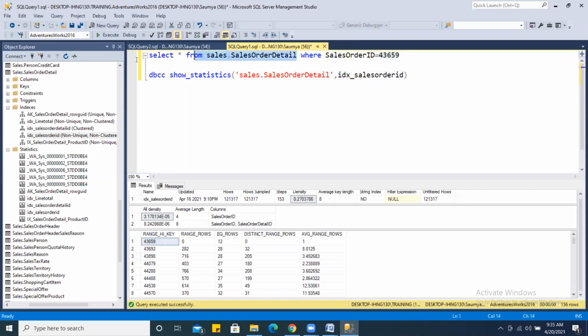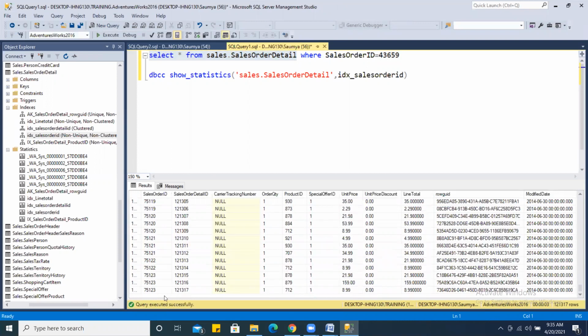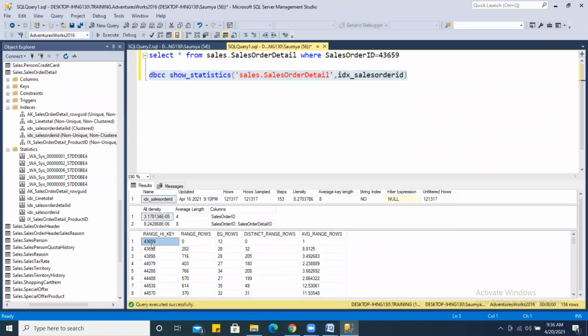If I execute this query to get the values, it starts from 43659, and if you go to the bottom, the highest value that you have is 75123. So my statistics contains information about the column values on which the index was created.